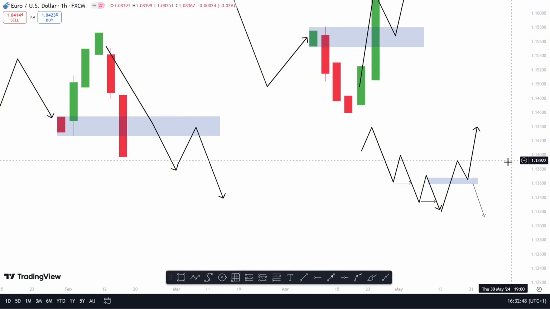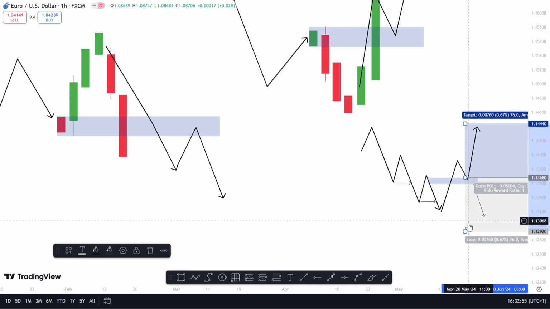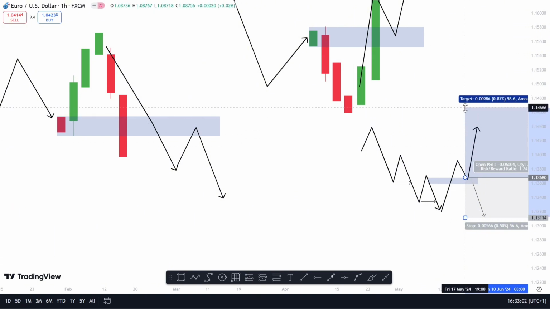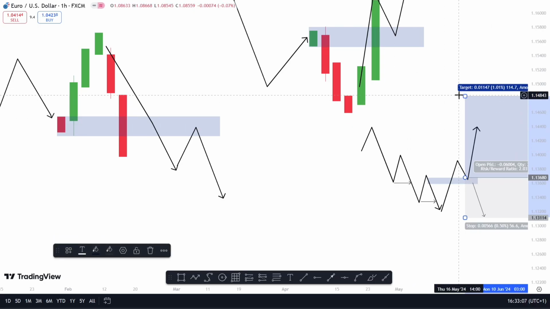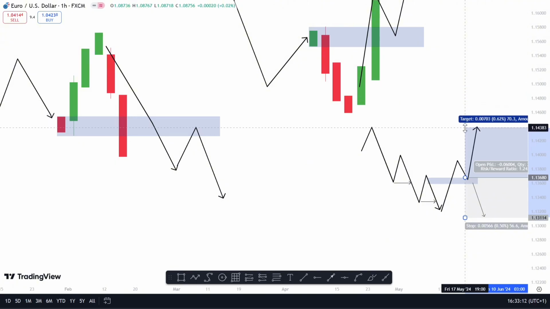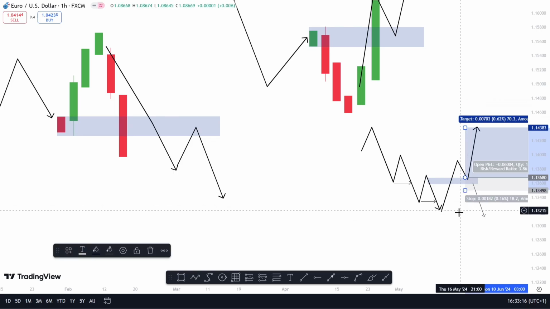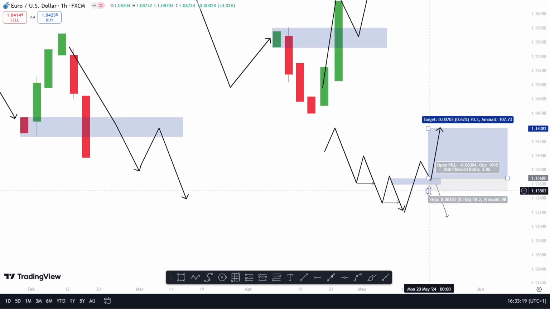A breaker block can be utilized here, and if you have a really good risk to reward ratio, you can work with it. But if you are someone that just wants to be conservative, you can put your SL here and you're still beneath the leg that led to the push up, and your TP 1/2 or 1/3, you're okay with that kind of conservative trade, or targeting next liquidity, just collecting liquidity as you keep on going. But if you're someone that's willing to take risk, your SL can literally be beneath the breaker block, and then you have your tight fixed reward ratio